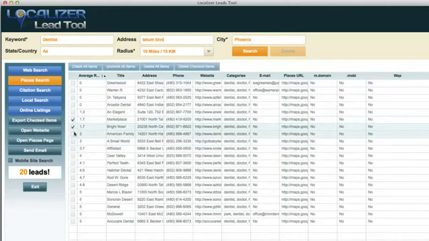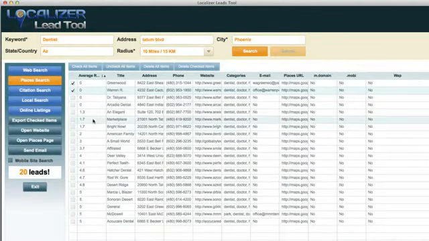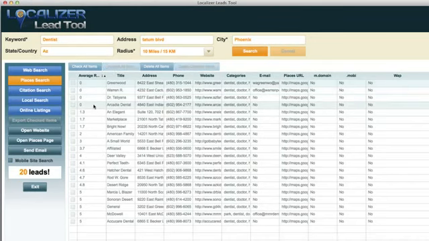Imagine just clicking on these 4 or 5 businesses, sending them an email, and finding somebody that has an email. So let's find the guys that we were able to grab their email and send them an email based off their bad online review. Or for the ones that we were unable to get an email from, we can use a cold calling script where we call them up, or maybe we can dig a little bit further, go to their contact form on their webpage, and send them a highly targeted message based off of their poor reputation online. So there's a lot of different ways that we can grab this data and grab this information and